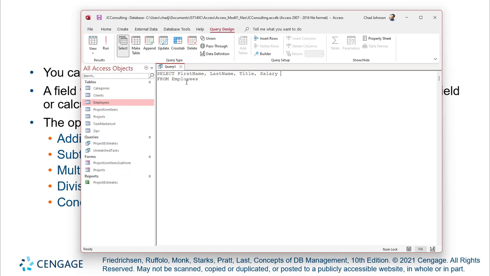So we're talking about calculated fields. And so what that is, is performing calculations on data that already exists within the table. So in this case, we're going to look at the salary field, and the data that's in this field is a monthly salary for the employee. So what we're going to do is calculate out that salary annually. The asterisk is going to be used to symbolize multiplication. So all we're going to do is simply multiply that by 12,